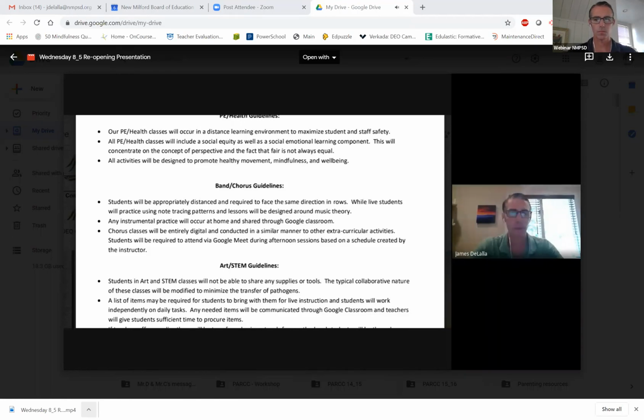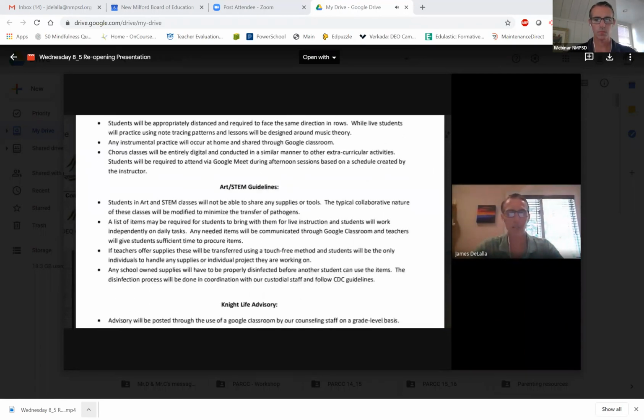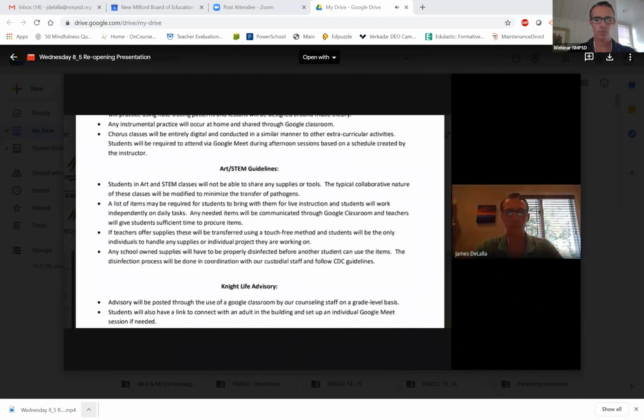Art and STEM guidelines. Students in art and STEM classes will not be able to share any supplies or tools. The typical collaborative nature of these classes will be modified to minimize transfer of pathogens. A list of items may be required for students to bring with them for live instruction, and students will work independently on daily tasks. Any needed items will be communicated through Google Classroom, and teachers will give students sufficient time